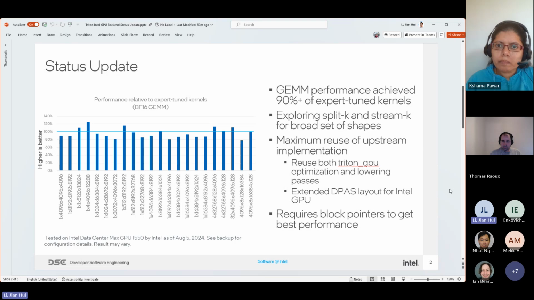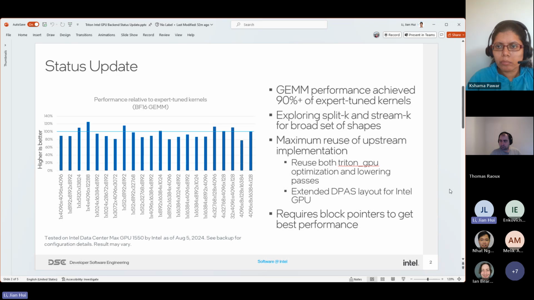So we are glad to see that for both we can achieve very close to what the expert tuned kernel can do. The data is tested on the Intel Data Center Max GPU, also known as PVC,